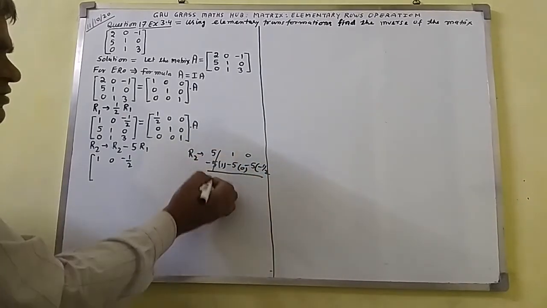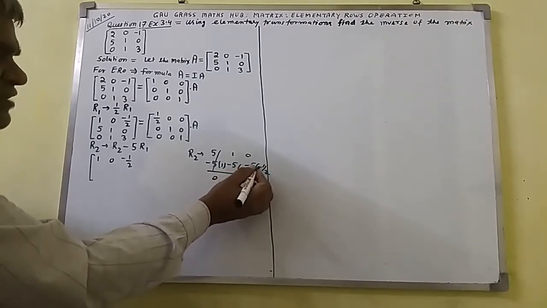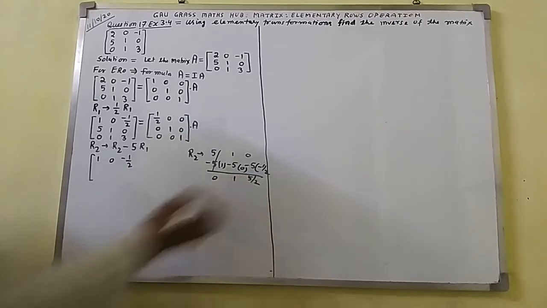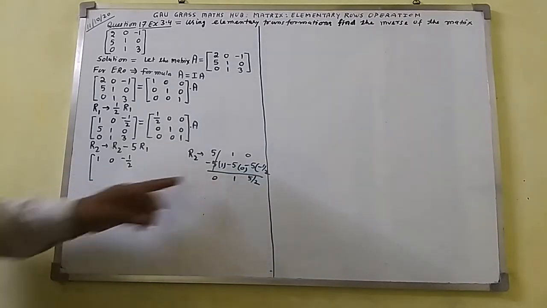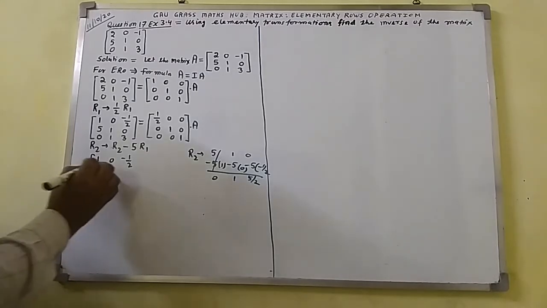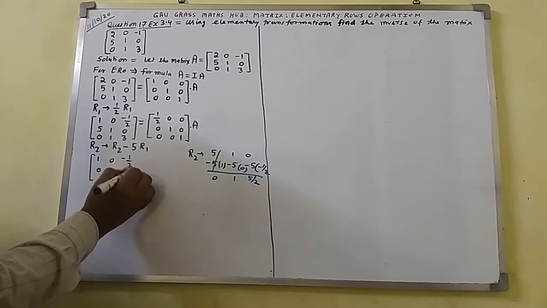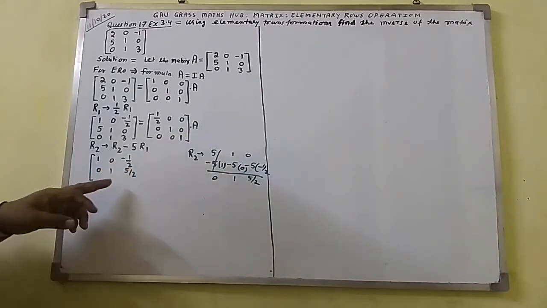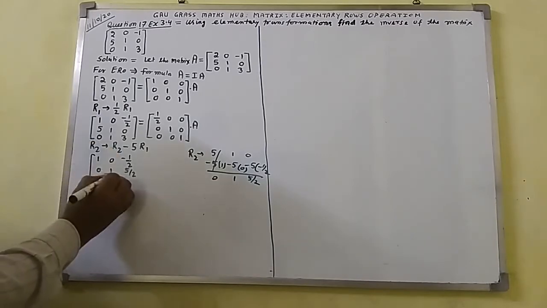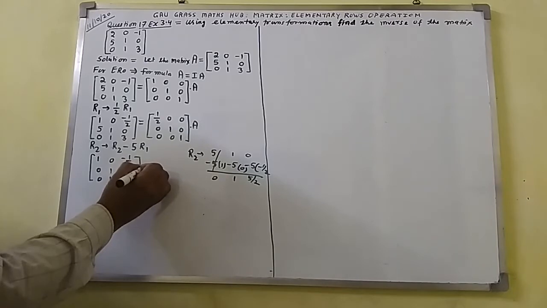This one converted into 0. This one you will get here 1. And here minus minus will multiply together, you will get plus 5 over 2. The elements of second row you have got here 0, 1, 5 over 2, and the elements of third row we will get here as 0, 1, 3 I have written. Closing of square bracket will be 1.